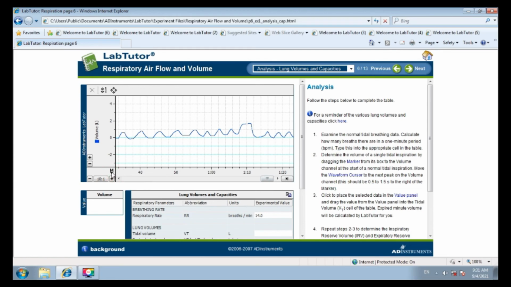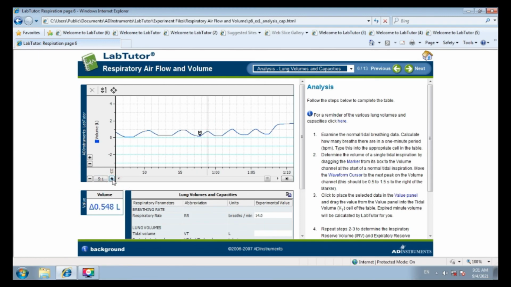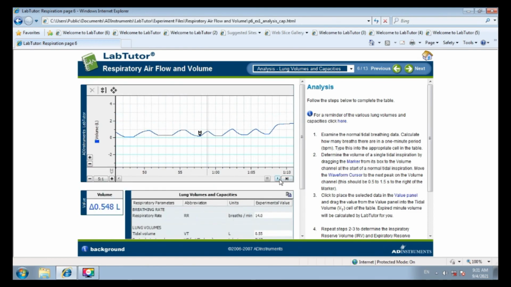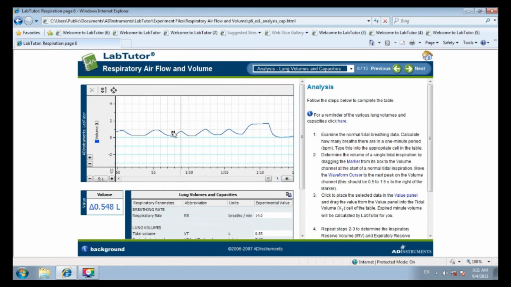And then for the tidal volume, we will place this marker. This will serve as a marking point at the lower side of the recording. I am just going to zoom it for you. So we will place the marker at the lower part of the wave-like structure that we recorded for inspiration and expiration, and we will click at the peak. So it will give you the normal tidal value, and we will move this value into the tidal volume.